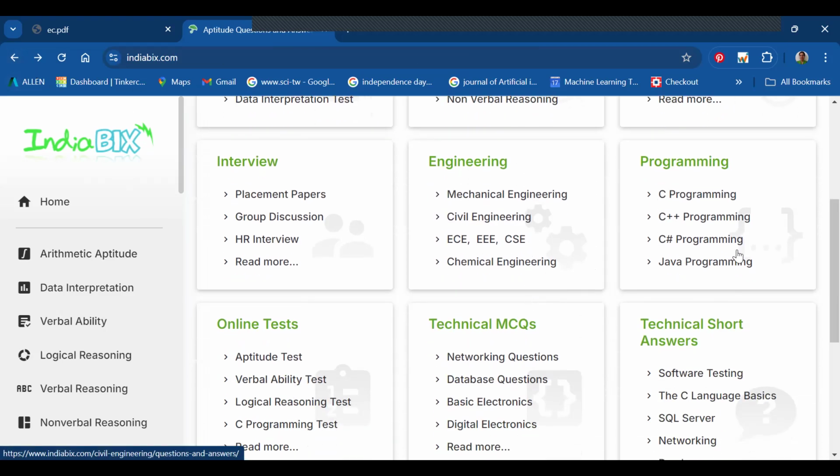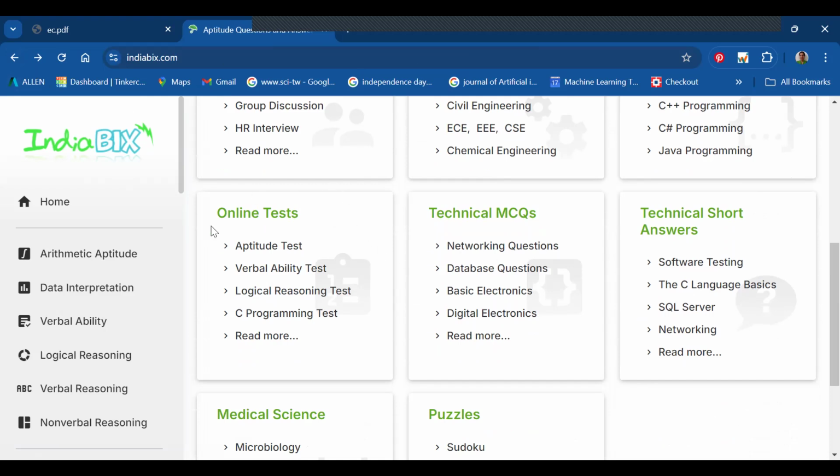Similarly, if we are going for our CSE branch, you can go for C programming, C++, C#, and Java programming. So online tests are available here. Once you log in to this site, you can avail their online tests and everything, so that in the end you should be able to prepare yourself through this site, and be very confident in all the questions